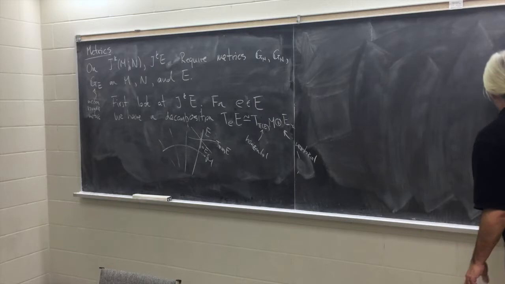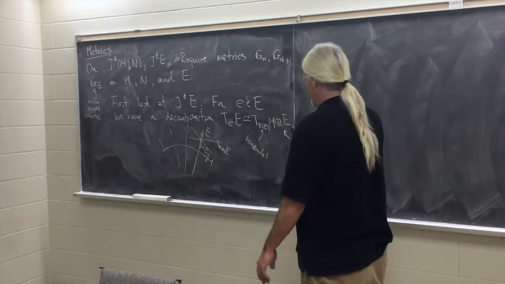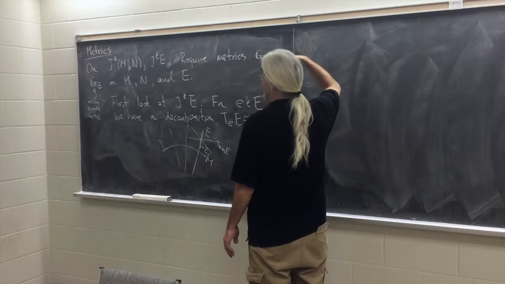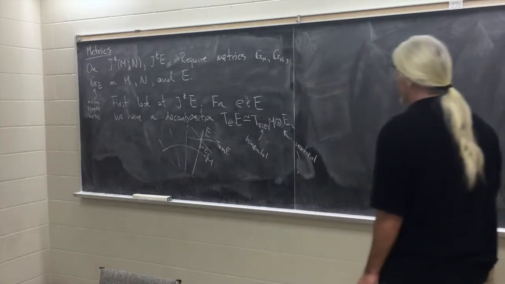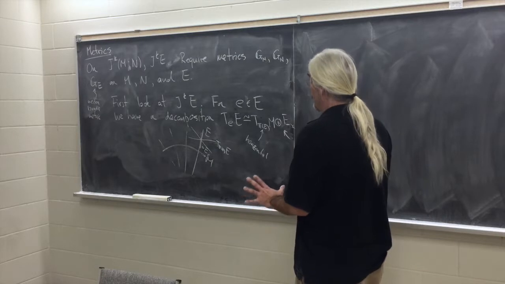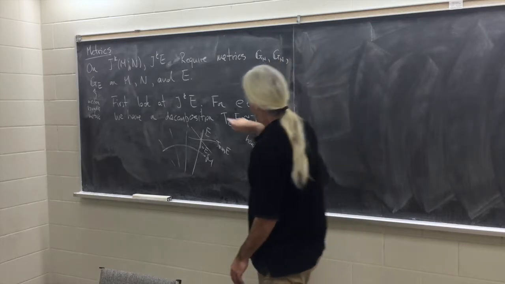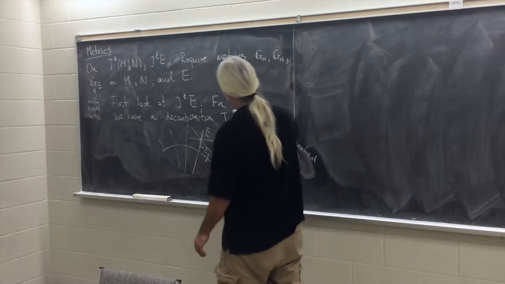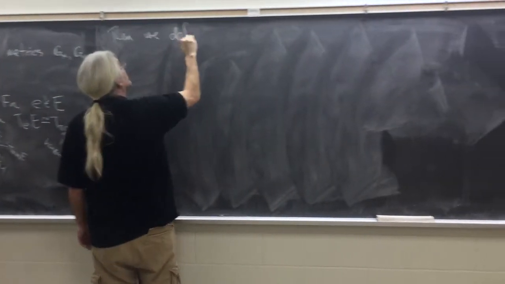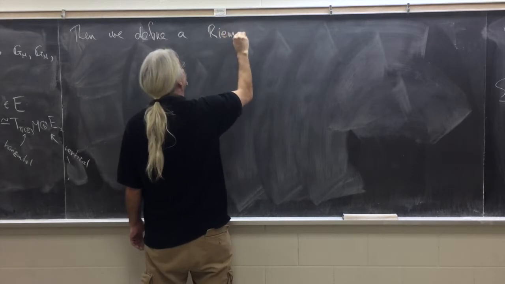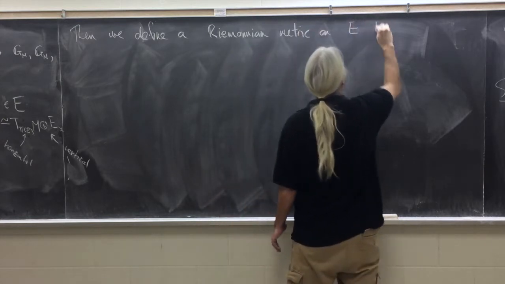Okay, so now what I will do is I'll use this decomposition to give me a Riemannian metric on E, and this actually now works for any vector bundle, and so it gives me a Riemannian metric on these guys just by taking the special case when E is equal to J^k E. Okay, all right, so then we define a Riemannian metric on E by,